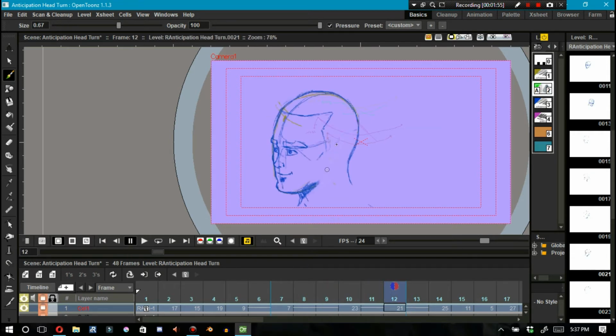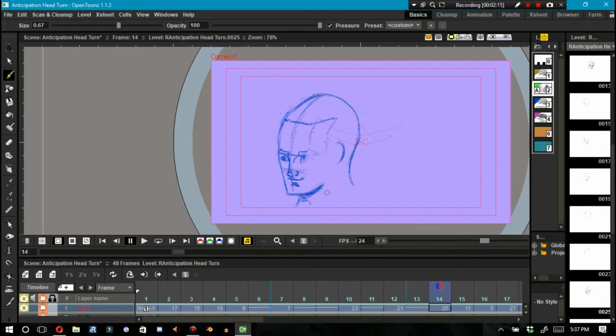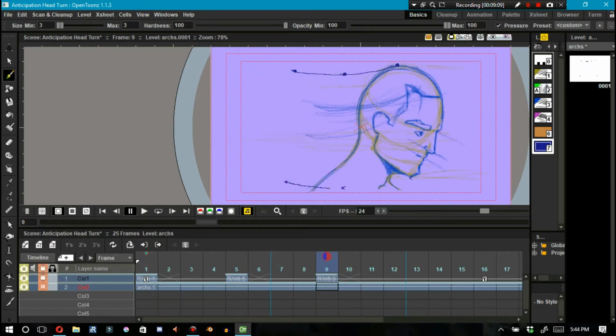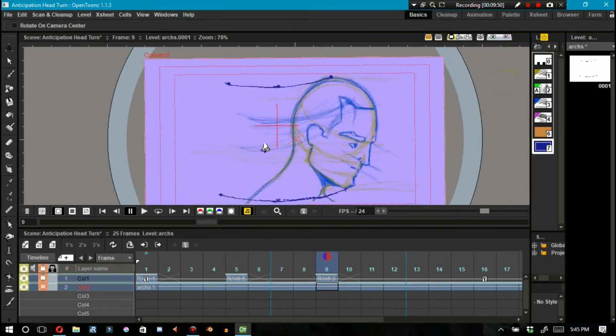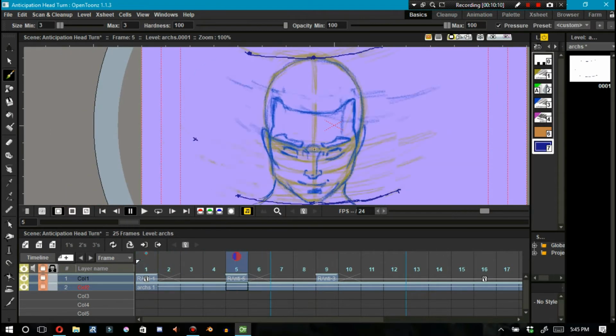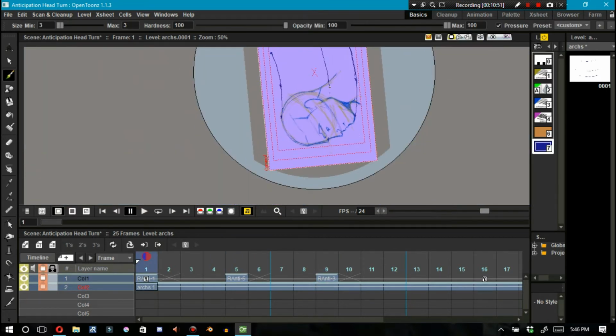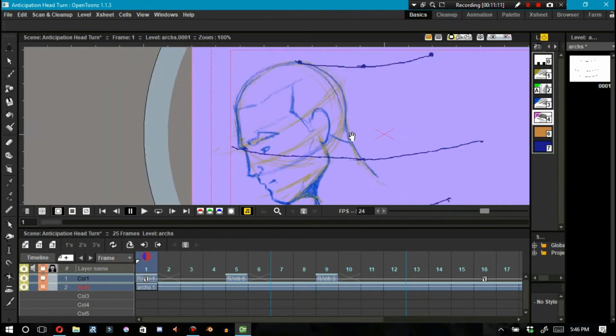Some of this is me just running through a lot of experimentation to find what works and what doesn't work. So right here, I've been just looking through the animation, seeing where there's problems, and seeing what I could save and what I think needed to be done with. And ultimately, I felt as though I needed to start all over again and just keep the keyframe images from